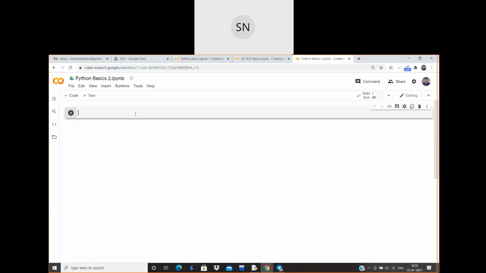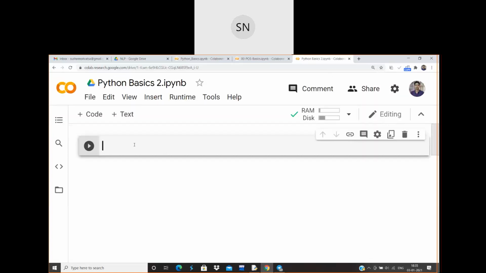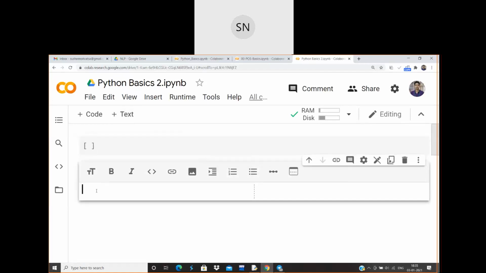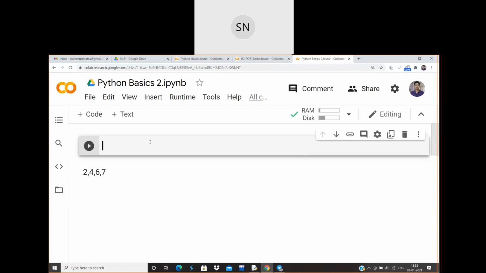Okay. We shall discuss the for loop today also. So I'll be dealing with the for loop. What if I want to print the values like this: 2, 4, 6, 7? What is the approach you are going to put in a for loop in Python in order to print in this order? Come on, somebody tell me the syntax. Yesterday we discussed it. We just printed by using range, but today we'll be dealing with this.